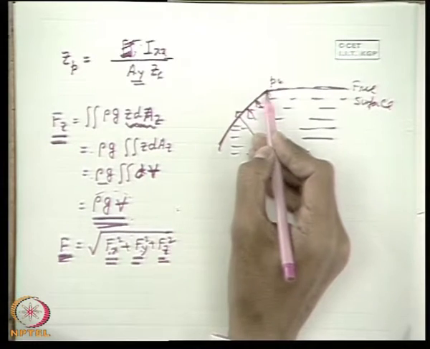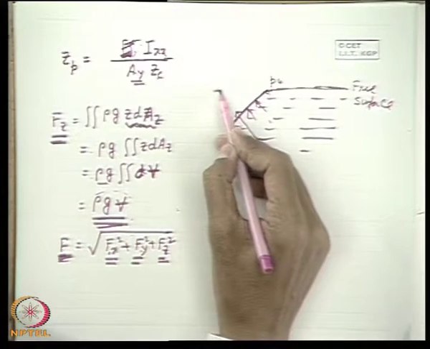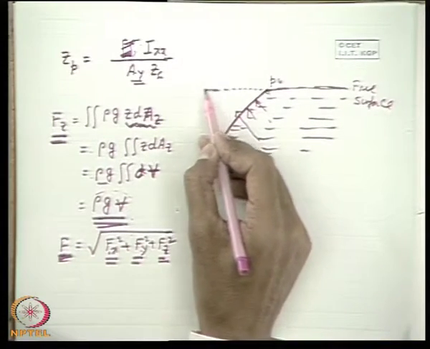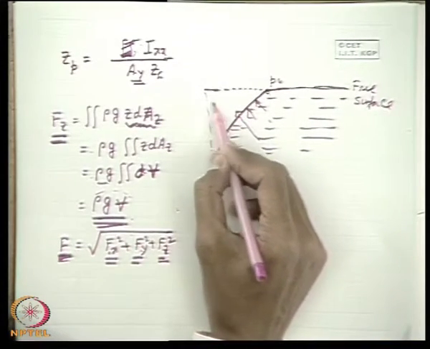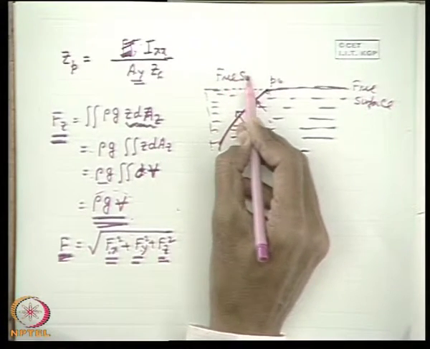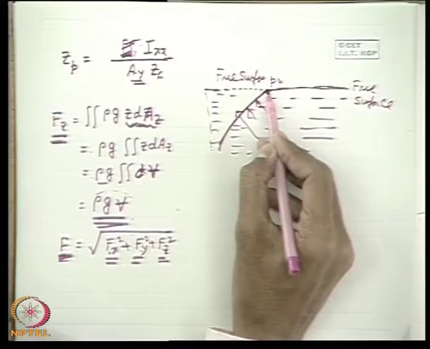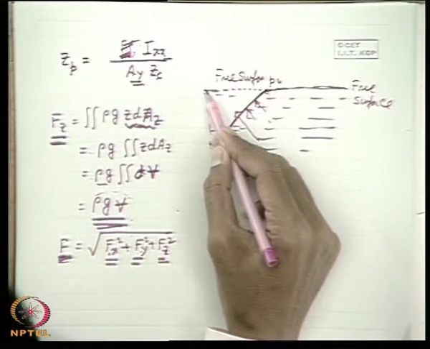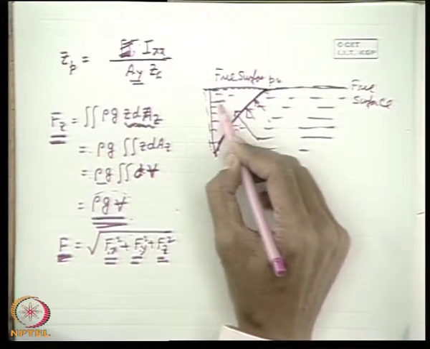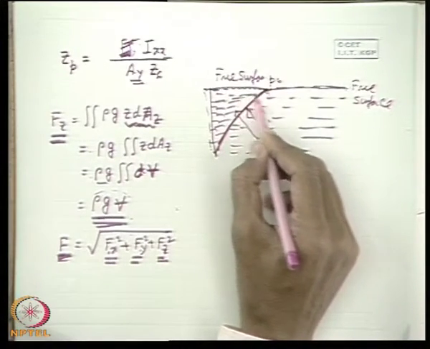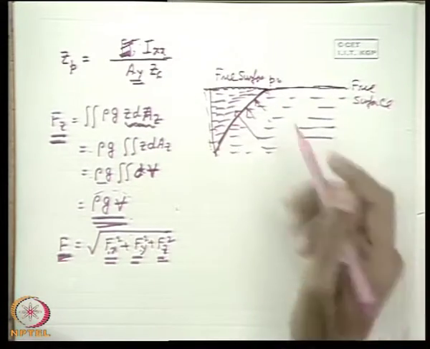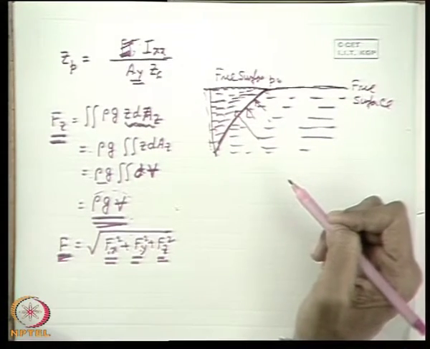then what we do is common sense: we take an imaginary free surface. That means we extend the free surface there as if it is being submerged with this as the free surface. Same thing: we can find the submerged free surface hydrostatic force. If this is the surface, I just take a projection. So this is the weight of this liquid. From geometry, if I can easily find the weight of this liquid, I can say this is the vertical component of the hydrostatic force.